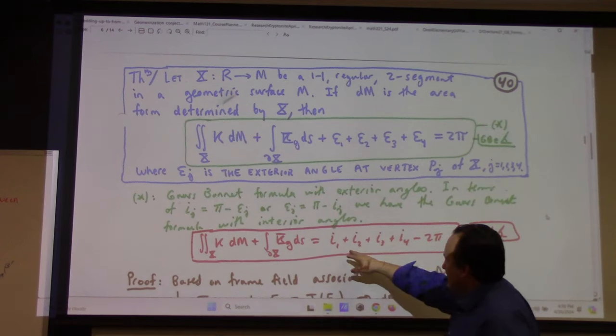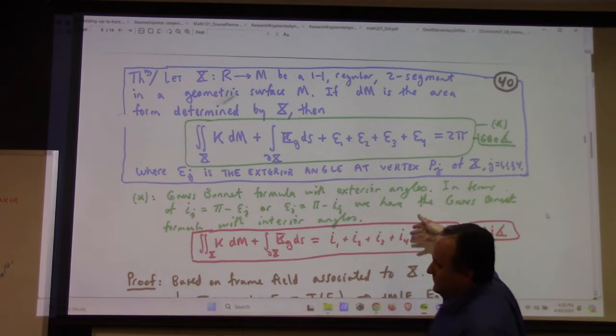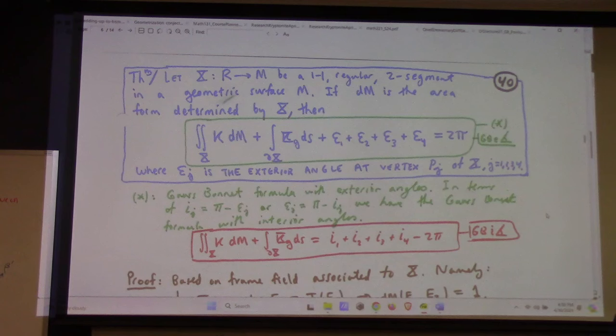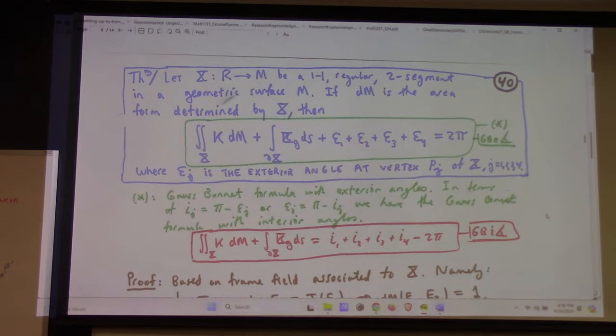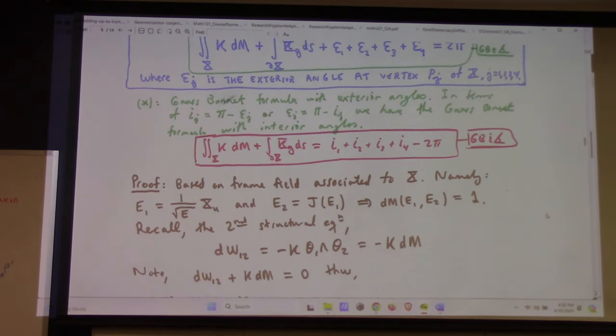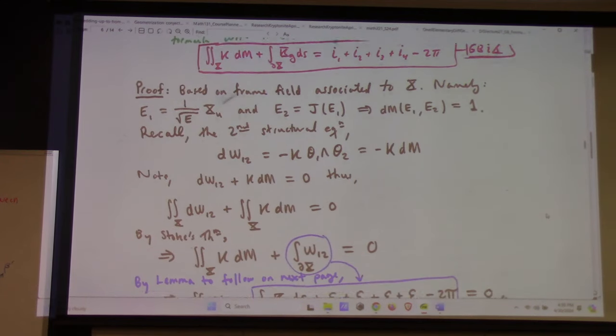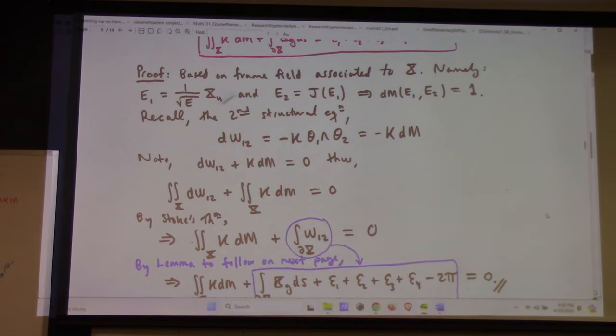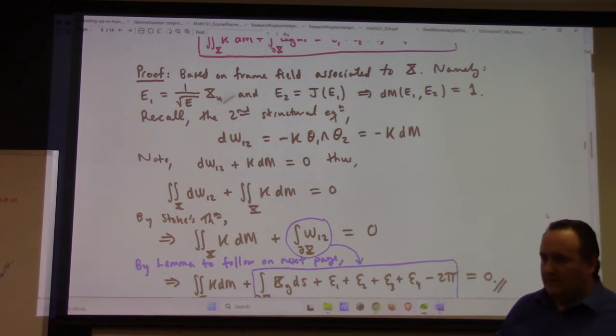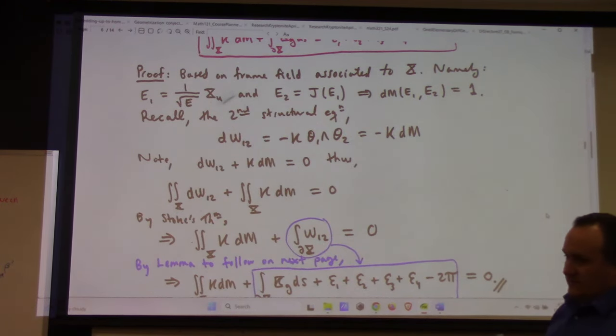Pi, and then you add. This is the same result, just in terms of interior angles versus exterior. And so here's the proof. The proof is actually pretty easy to follow, this part of it at least. So like I was saying, we define E1 to be the normalized partial velocity in the u direction for the